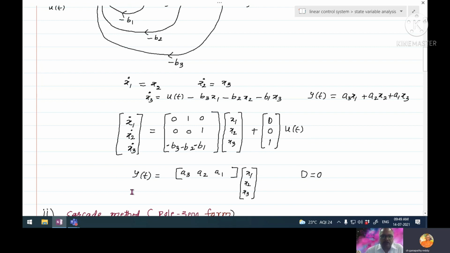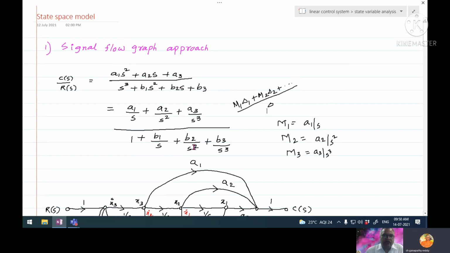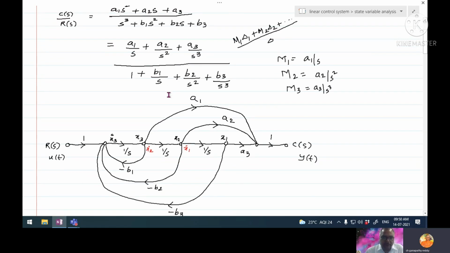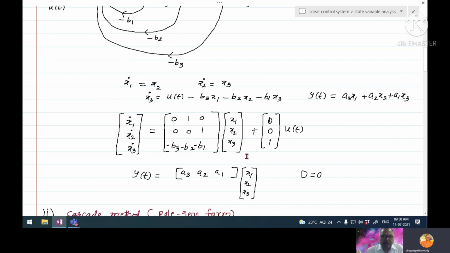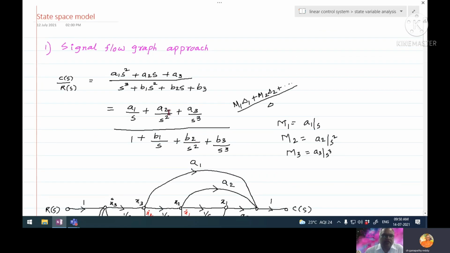What is the advantage of converting transfer function into state equation? There is a standard procedure how to solve the state equations easily. State transition equation method we discussed earlier. By following that, you will get the solution. Instead of finding inverse of this, that's a complicated process. But solving state equation is easy because we can make use of computer. So computer can give the solution very fast because state equations are already available in matrix form. That is the beauty of this concept.